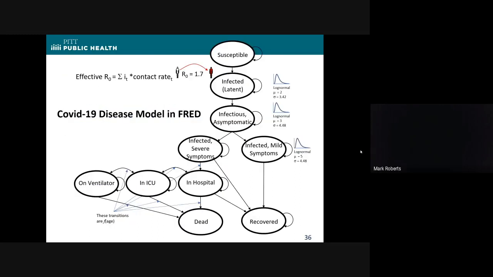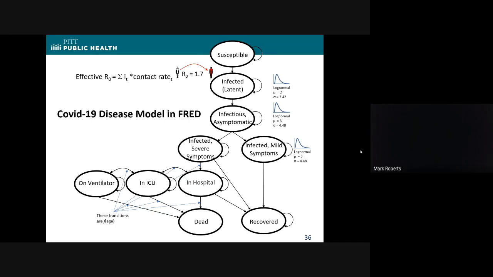This is the basic state transition model for our COVID model that exists in any agent in our simulation who has the disease. There are susceptibles who do not have the disease. If they contact somebody who has the disease, they have some probability of getting infected, and the infectivity times the contact rate times the duration, we can tune to be whatever R naught we want, and we currently have run the model with an R naught of 1.7 and sometimes 2.2, because there have been some people who have wanted to see what it looks like with a higher